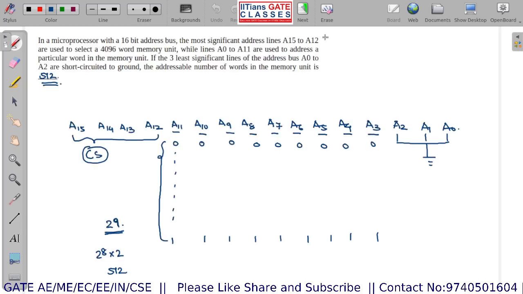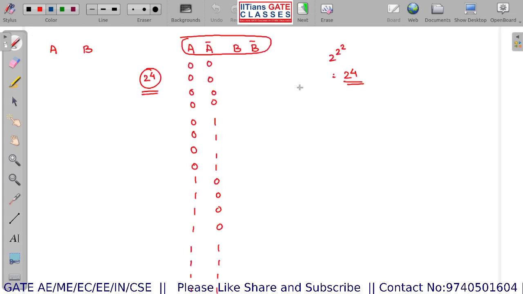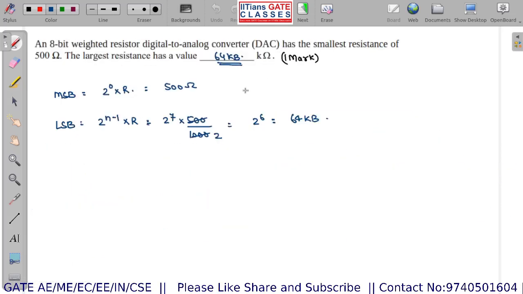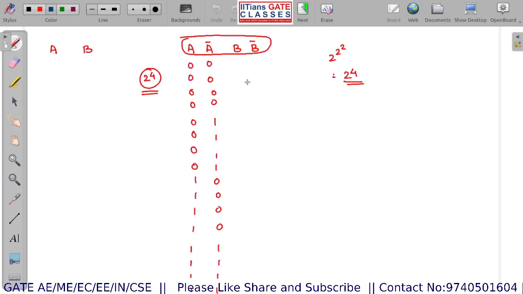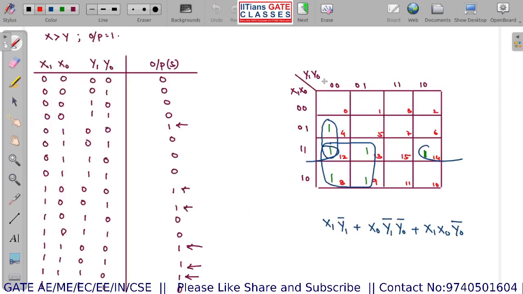So this was the last question in your instrumentation paper for 2019 in digital electronics. The total number of marks is 2 marks, this is also 2, 4, this is 1, 5, 6, 7, 8. 8-mark questions have been asked, and all the 8-mark questions are very, very simple. If you know the basic concepts, you can solve the question. Yes, I will say this is actually a good question, a 3-star mark question. So the 8-mark questions you can easily get.